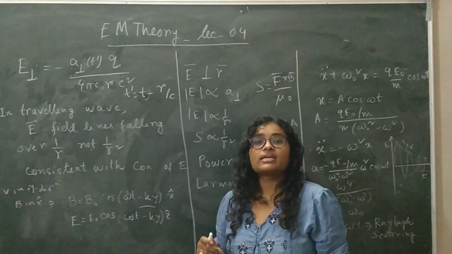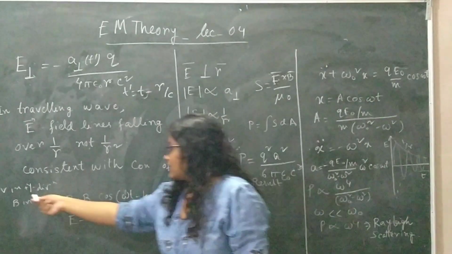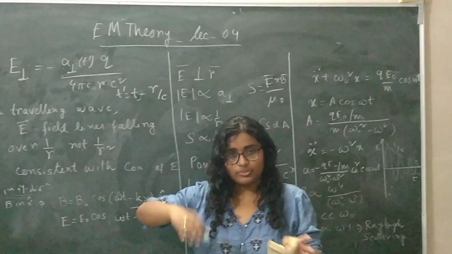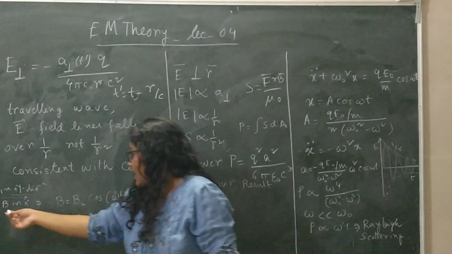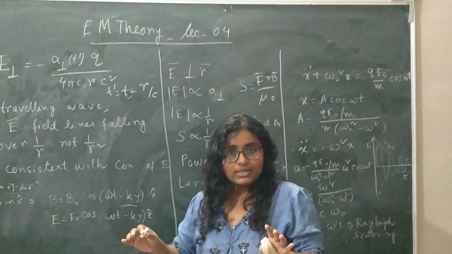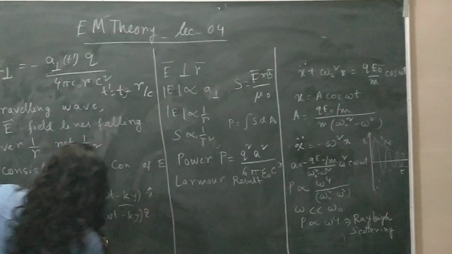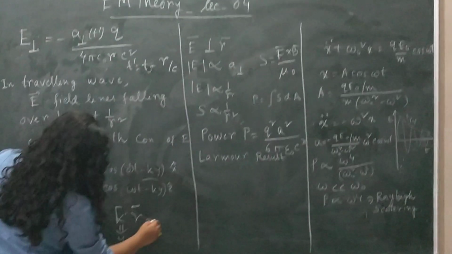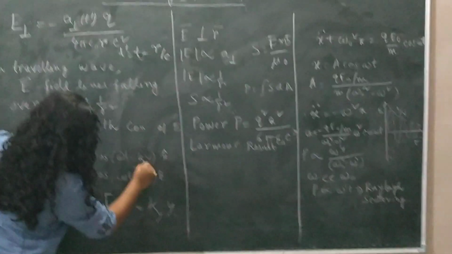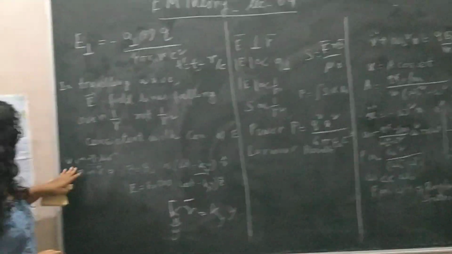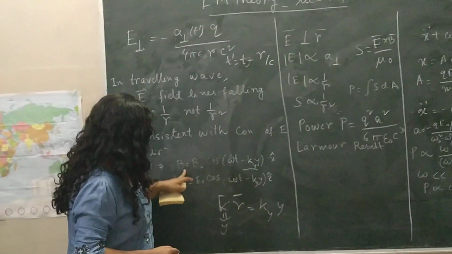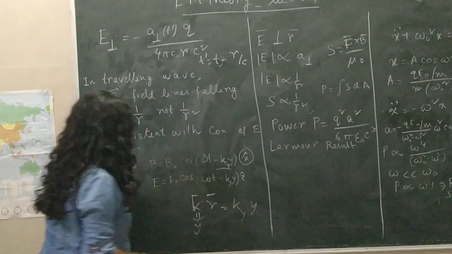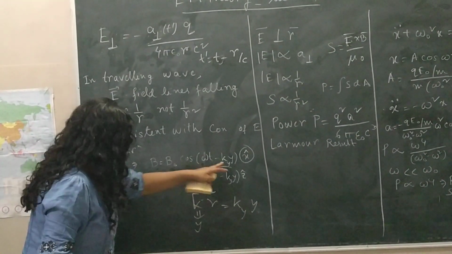That component with k dot r will be ky y, because the velocity of the electromagnetic wave is along the y direction, that is, the electromagnetic wave is propagating along the y direction. So k dot r gives ky into y, and suppose the magnetic field is along the x direction, so B equals B naught cos omega t minus ky y into x cap, with propagation along the y direction.